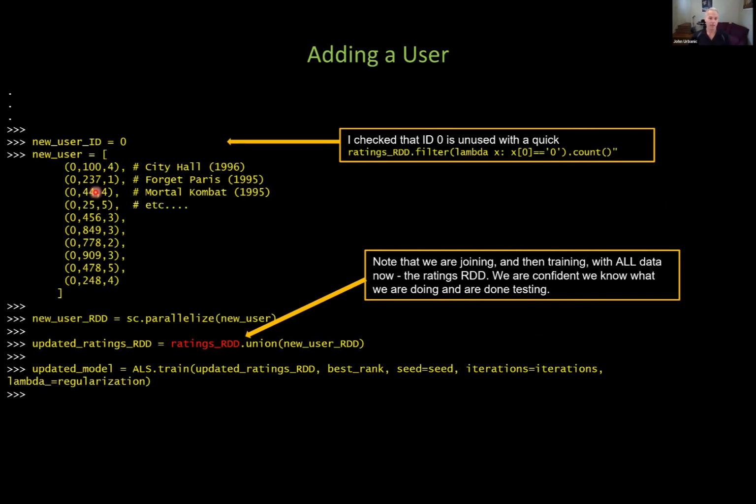So we take this user and turn them into a nice little mini RDD that we can add into the ratings RDD. We now add this user in with our other 80,000 users or however many. So we add this new user in here, and now we retrain the model. Again, one of the drawbacks is we've got to retrain everything every time a new batch of users comes in. We will briefly discuss some ways to avoid that and some shortcuts, but at the moment, that's our only route to get a new user in here. So we add in a new user, update, retrain everything. We now think we've got predictions for that user.